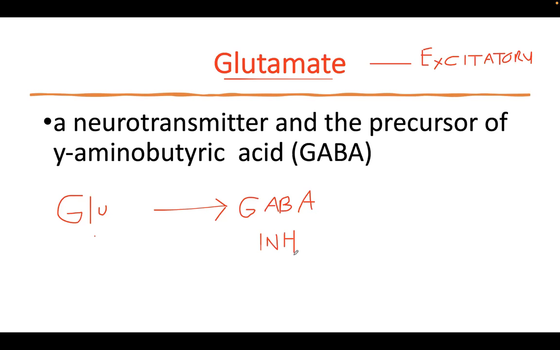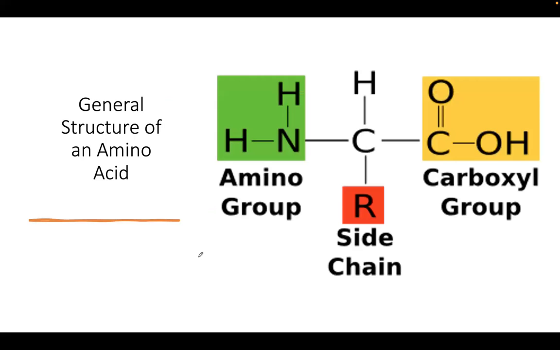Now, question. What is this famous enzyme that catalyzes this reaction? What is the enzyme that catalyzes the decarboxylation of glutamate to become GABA? Okay, this is the famous GAD. Okay, so glutamate decarboxylase. Always remember that for a standard biochem exam.